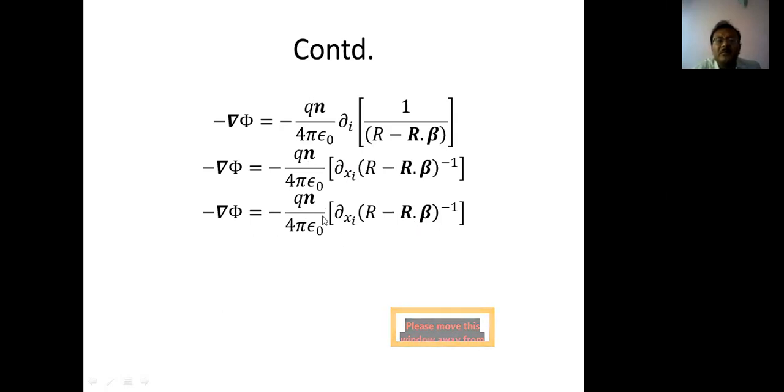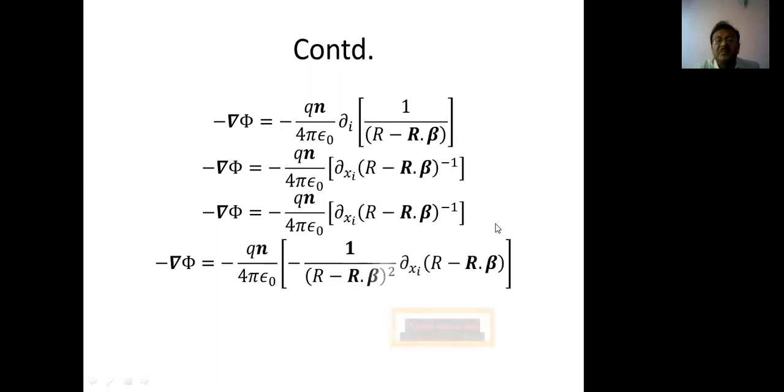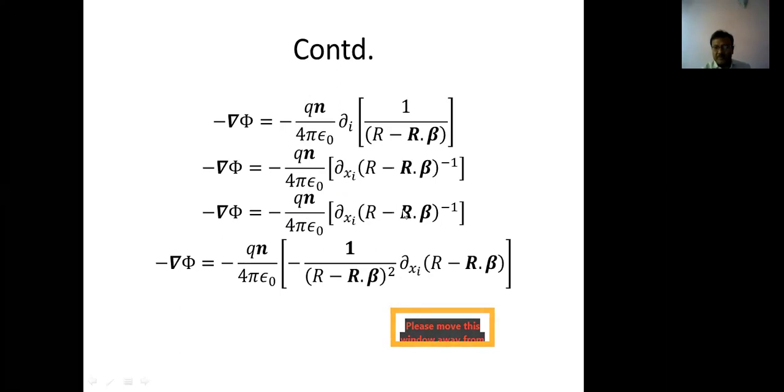Okay, I think nothing changed. This step is repeating here. Now this ∂/∂xi means ∂ by ∂xi. So if you operate that on this, it will be minus 1 over 1 over (r minus r·β) whole square, and we operate on the argument of this